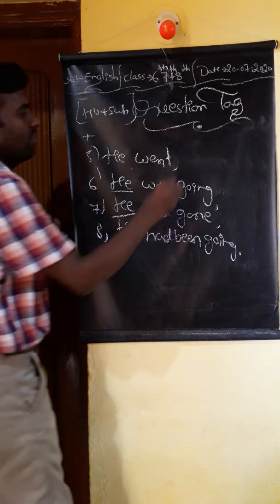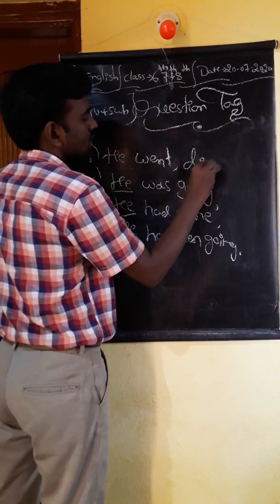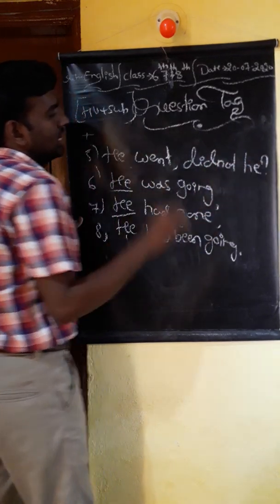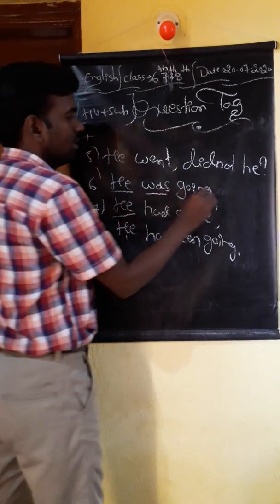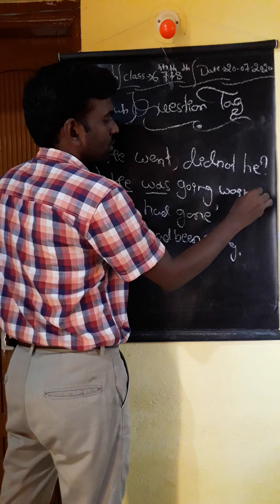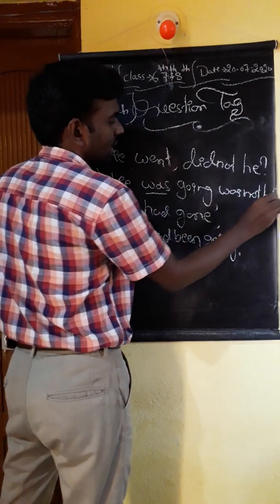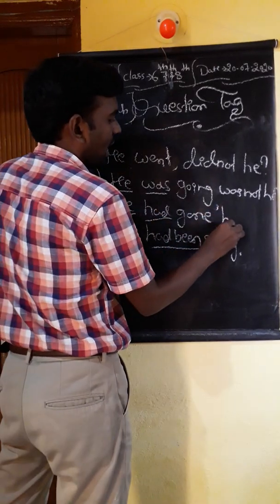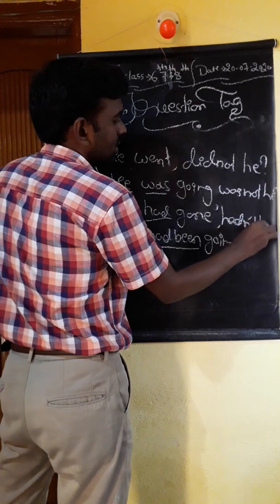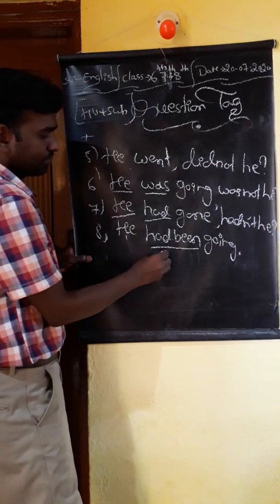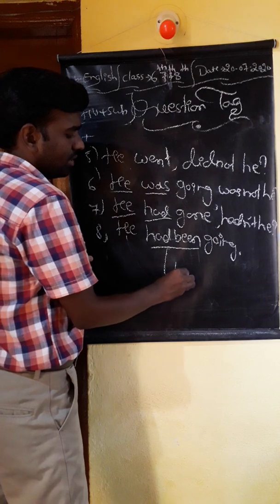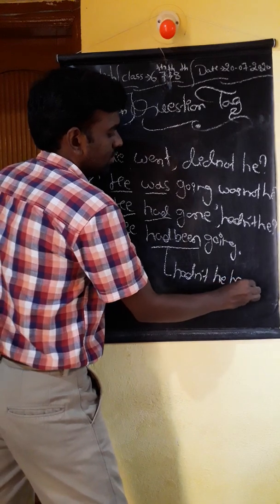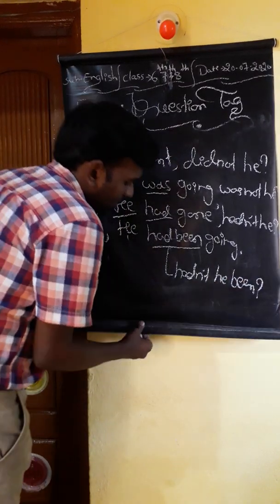Okay. Now he went, the helping verb is simple past tense, that is did. So we have to use the content and the verb, helping verb. And here helping verb is was, so we have to do wasn't. It's very easy. Just we have to understand the helping verb and the subject part. Here helping verb is had, and apply the not part and the question. And here just be a little bit careful. So hadn't he been.